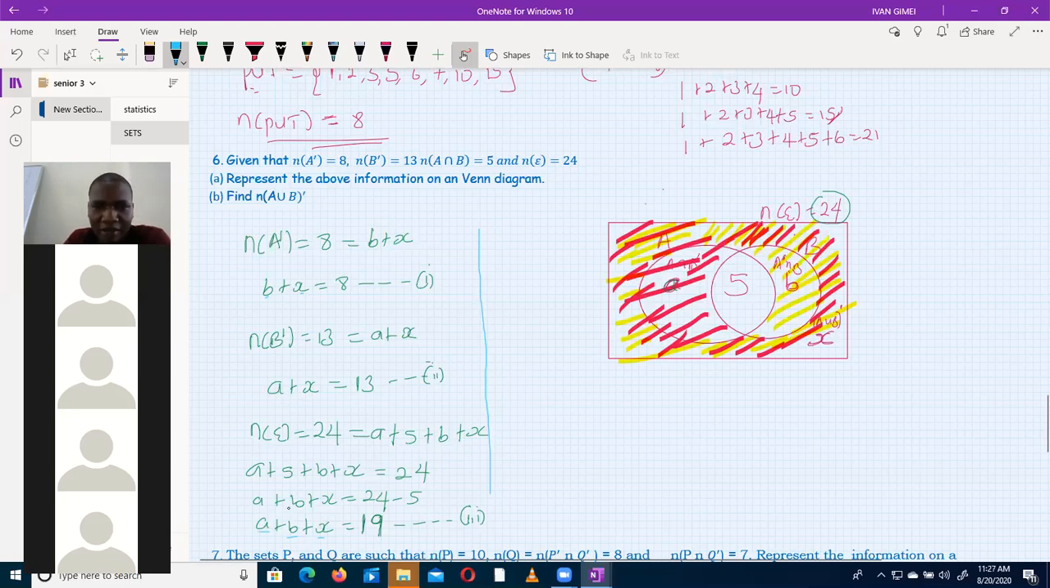I carry A, substitute here. I carry B, I substitute here. I'll have equation 3 in terms of one unknown, and that would be easy for me to solve. So I can say from equation 1, B is equal to 8 minus x. When I take x this way, it becomes a minus. That's from equation 1. Then I also say from equation 2,